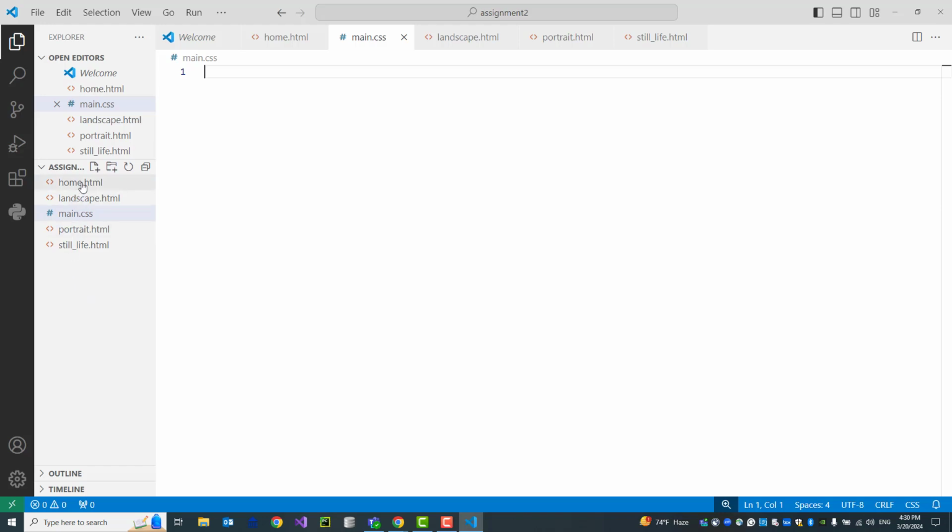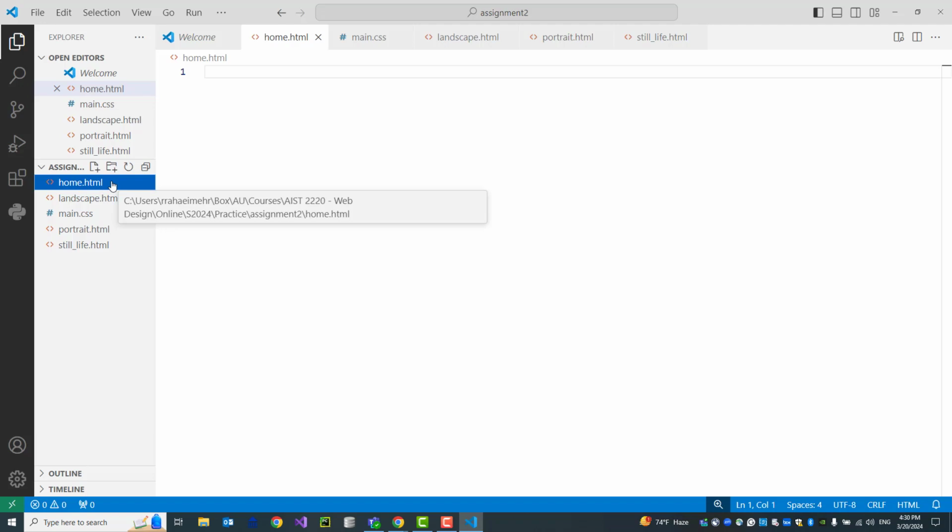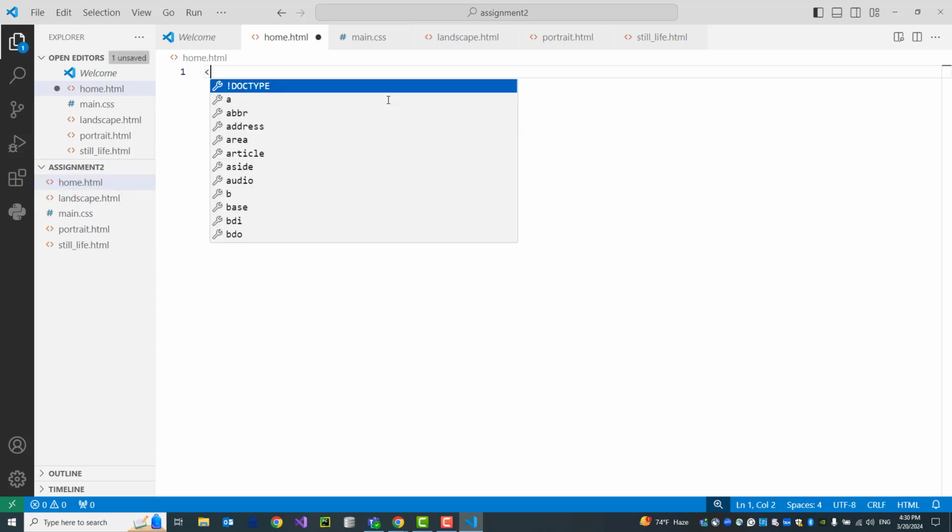Okay, I start with the home page. I define my template in the home page, and when I'm done with the template, I copy the template into the rest of the HTML files. Okay, let's start